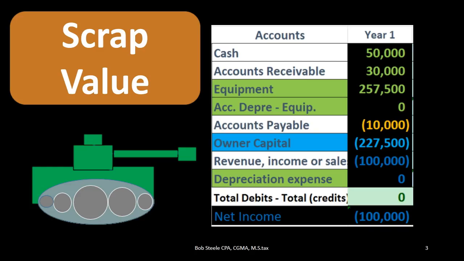For example, we're going to take the tank here. It's going to be our property, plant, and equipment. It's going to be equipment in some way that's going to help us generate revenue in the future, a long-lived asset. We're going to put that equipment on the books at the cost. Then we're going to depreciate the cost over a time period, that time period being its useful life, how long we think the equipment will be useful to us in order to help generate revenue.